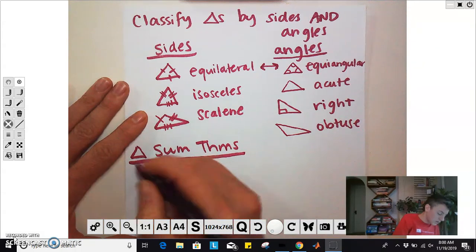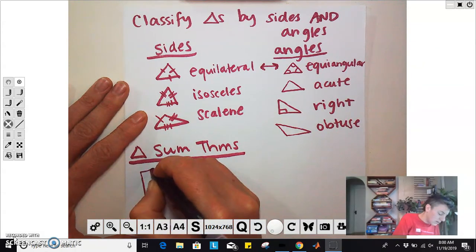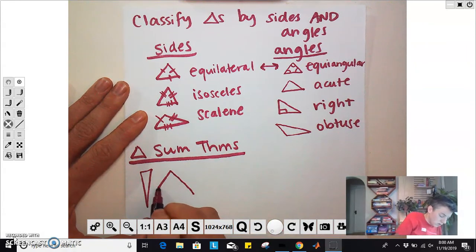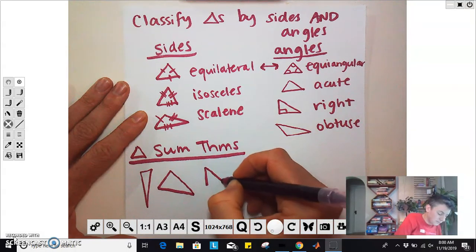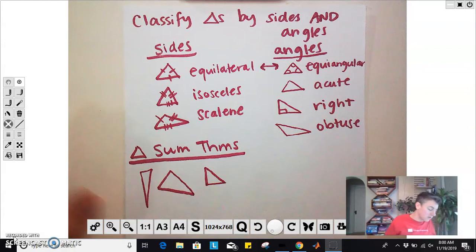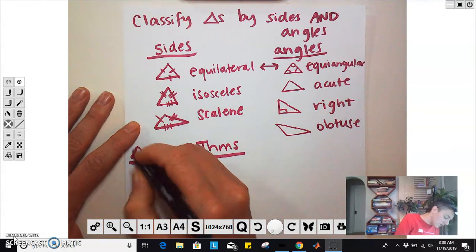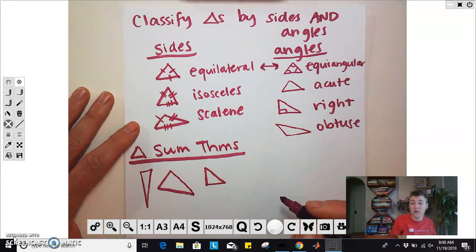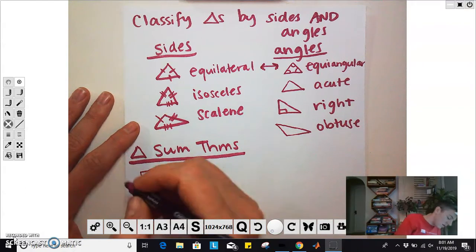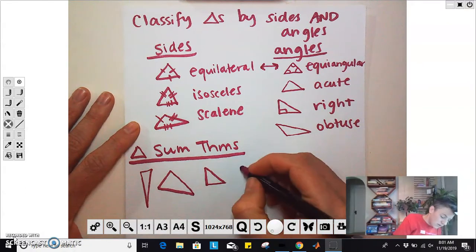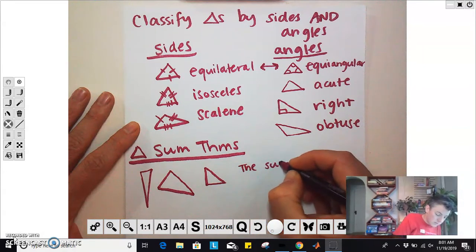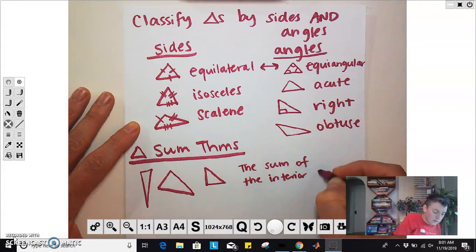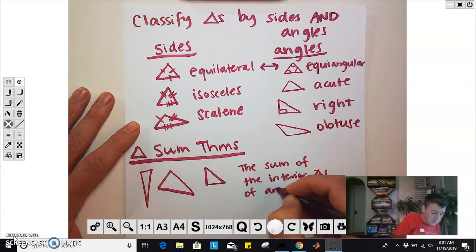So one of the cool things about triangles is it doesn't matter what they look like. Could have a skinny triangle, could have a really big wide triangle, could have a right triangle. Any type of triangle, if you take all of the angles and add them up, they will always add up to how much? 180 degrees. That's right, ladies and gentlemen. So the sum of the interior angles of any triangle